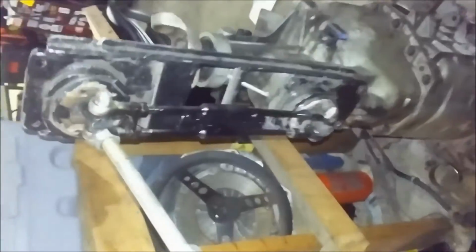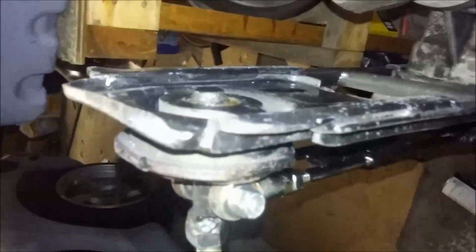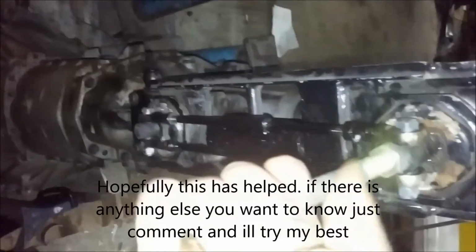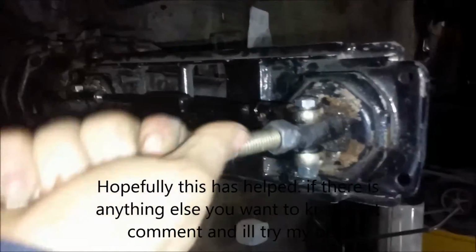But this is my shift linkage. It's two factory shifters, as you can see, and on this side it has the shift end cut off, and on that end it has the shifter cut off, and it just has two heim joints that are welded together on a bar, and you go over, it goes into gear. And is this the best setup in the world? Hell no, but